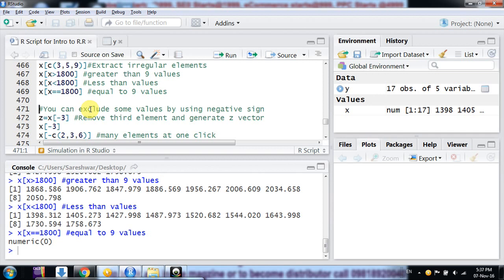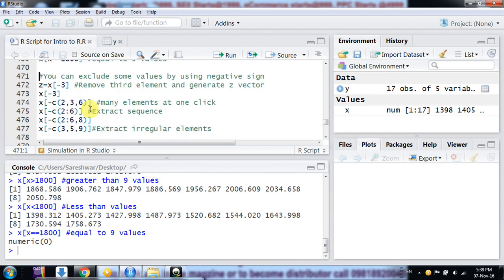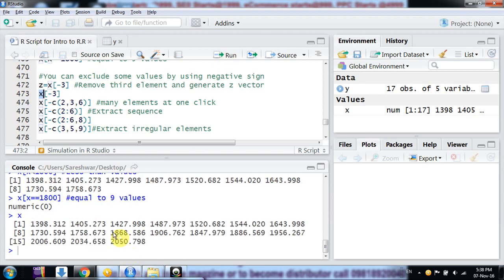Similarly, the way we include values, you can also exclude values and get the remaining ones from a vector using a negative sign. Suppose you want the vector x that doesn't contain the third observation, 1427.998.